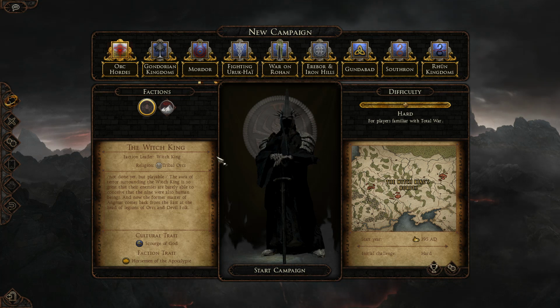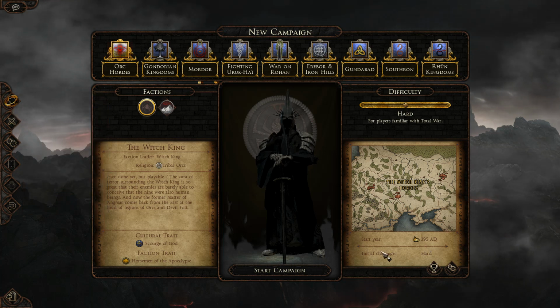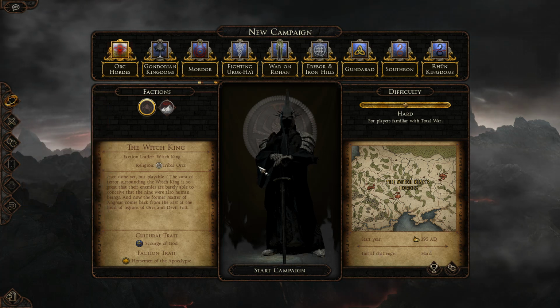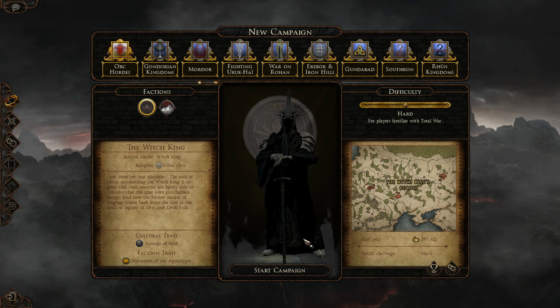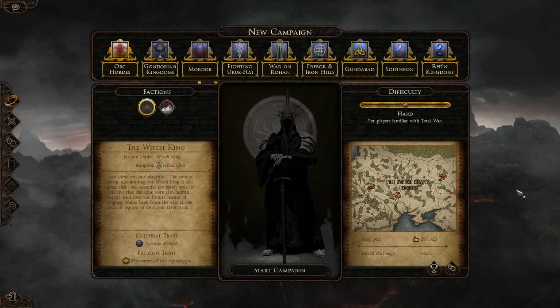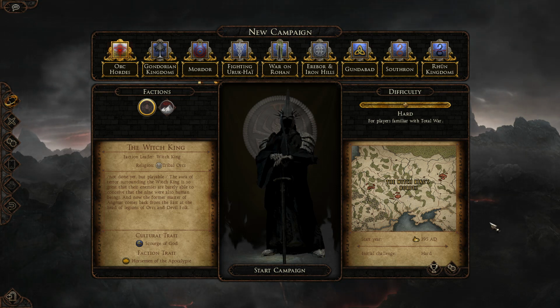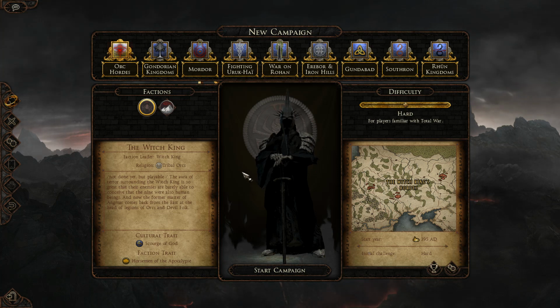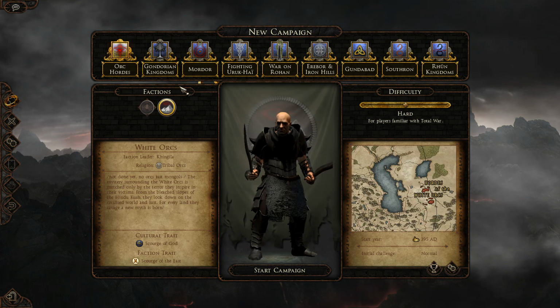Well, hello everybody, heroes of the Greek Sea with the War of the Ring campaign, a sub-mod for Rise of Mordor, and yeah, here we are. They have done it, or sort of, the sub-mod has been implemented, and there's now a campaign for the grand campaign map for Total War Attila, with the factions of the Rise of Mordor mod. We got the Witch King, the White Orcs,